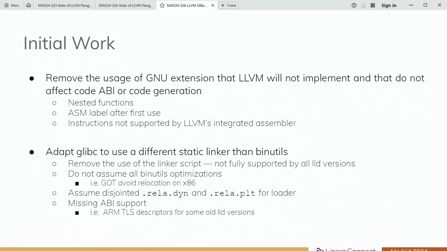There's another minor issue which has some binutils optimizations for some specific relocations that LLD also initially didn't implement, but over the releases they decided to implement it. There's another issue on the loader, where we have disjointed relocation sections, that LLD initially tried to overcome by restructuring glibc, and then when we fixed it, they also implemented this on LLD. And there's a,